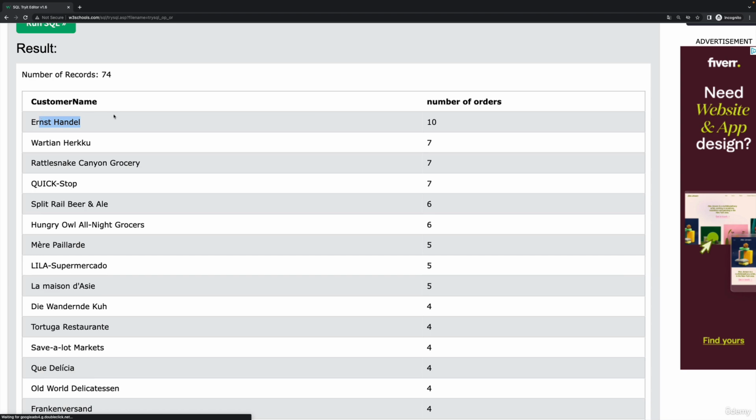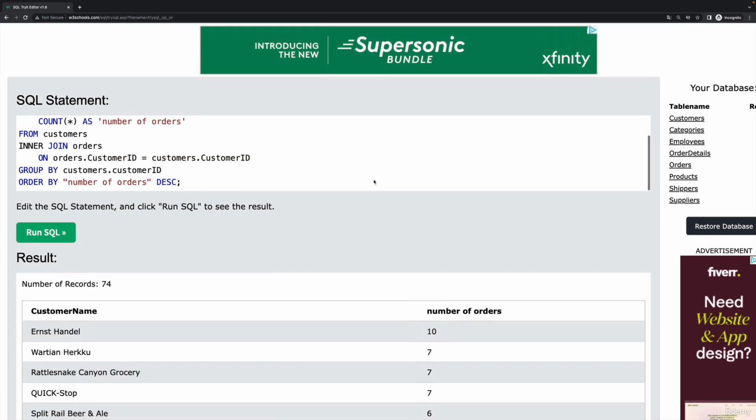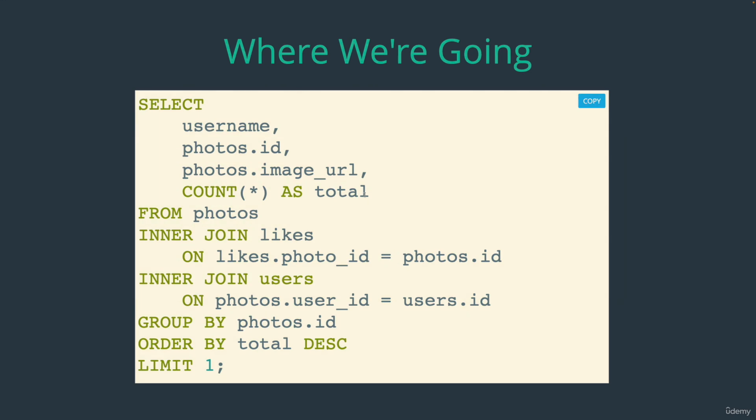So this guy, Ernst Handel, has made 10 orders. And then down here, we have a lot of people who have only made one order. So we're also sorting, once again, by the number of orders that they've made. So we're going to go towards something like this later on in the course, where we have a bunch of